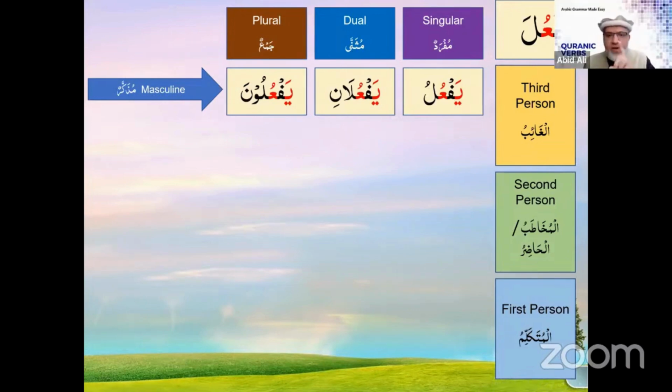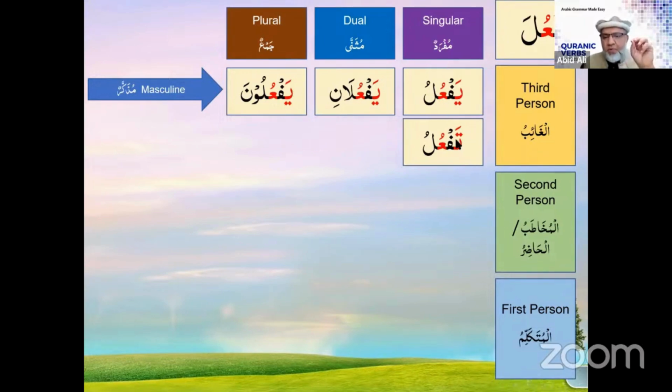Yes, and I'll show you a lot of examples later on. But right now, just play along with me: Yaf'ulani, the ani sound, which is the sound of dual, is coming back into the picture. And the una sound, the Muslimuna sound, is coming back into the picture. So the mudare is different in a sense. It will be Yaf'ulu, Yaf'ulani, Yaf'uluna. For the female, and by the way, in the Quran the fi'l al-mudare female is very limited. So we want to learn it, but if we don't get too much out of it, don't worry too much about it. Just for now, play along.